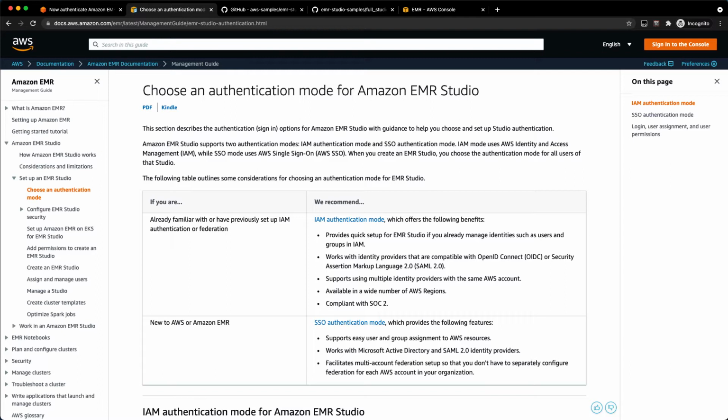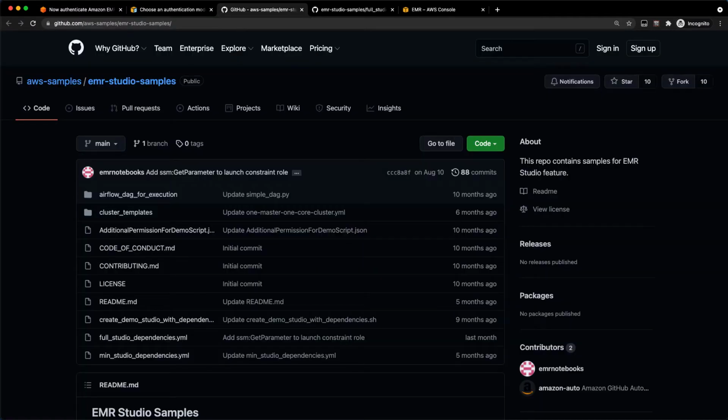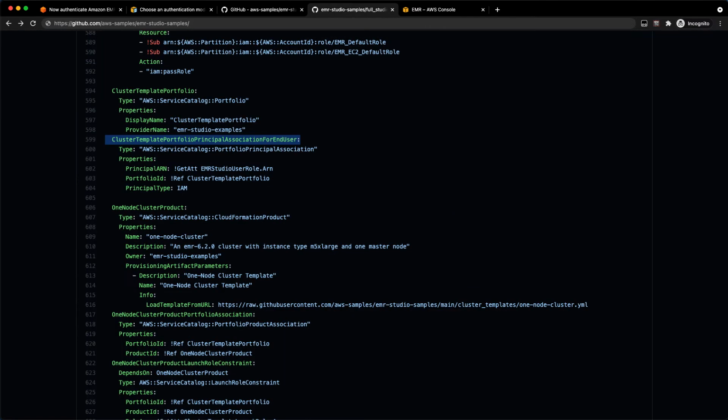Before we get started, there are a few prerequisites to spinning up EMR Studio. If we go over to GitHub, we have our EMR Studio samples repository, and in there, we've got these Studio dependencies down here. This creates a set of different dependencies you need for EMR Studio. This creates a VPC with the subnets with the proper tags on them for different permissions. It'll create an S3 bucket for you to store your notebooks in, and a couple different security groups for you as well. The only thing I had to do in here was this also creates some EMR cluster templates, and